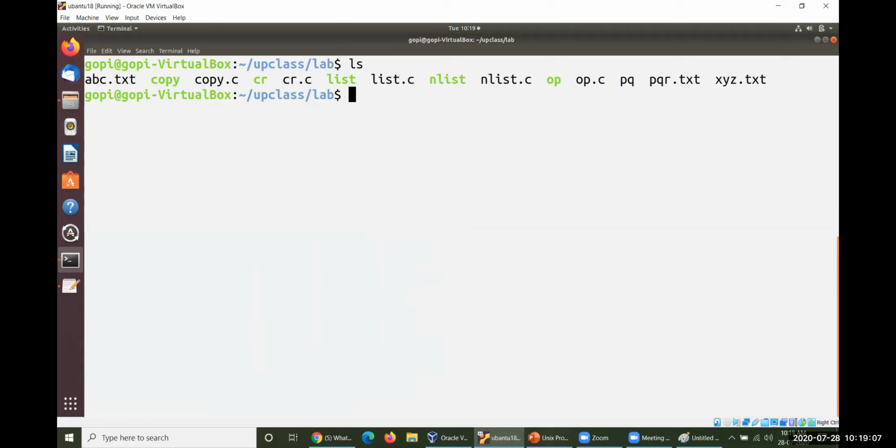Let me consider GCC. My file name is copy.c -o copy. This is the compilation process here. Don't worry about this warning. I already told you, instead of read, you may operate fread, and instead of write, you may operate write. So don't worry about these warning messages. It could be worked out.